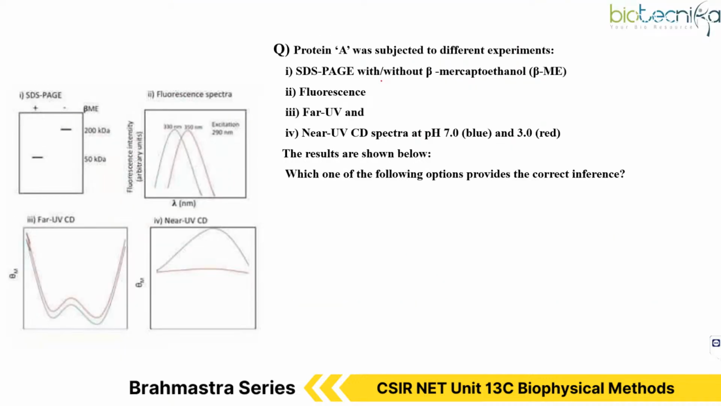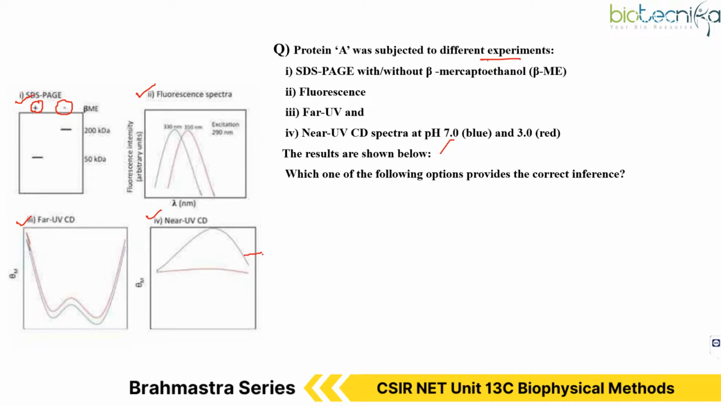Let's begin with the very first question. So I will be giving you some time to solve this question. So the question is, protein A was subjected to different experiments. First, SDS page with and without beta mercaptoethanol. Then second is fluorescence spectra. Third is far UV, and fourth is near UV circular dichroism spectra at pH 7,